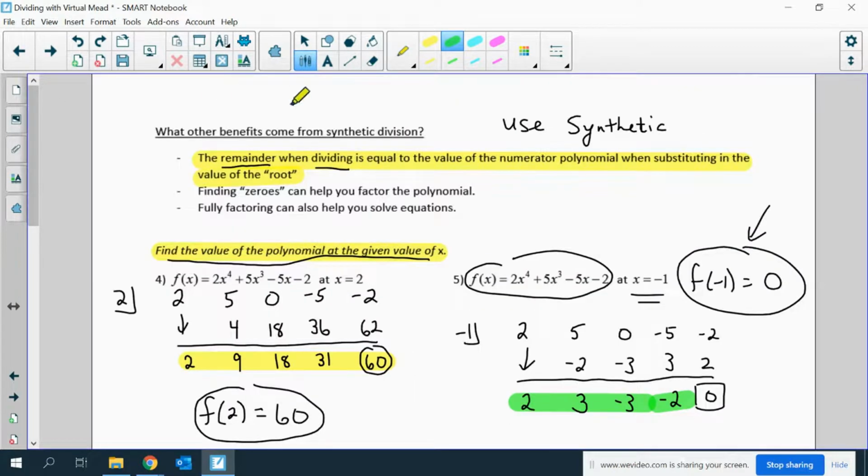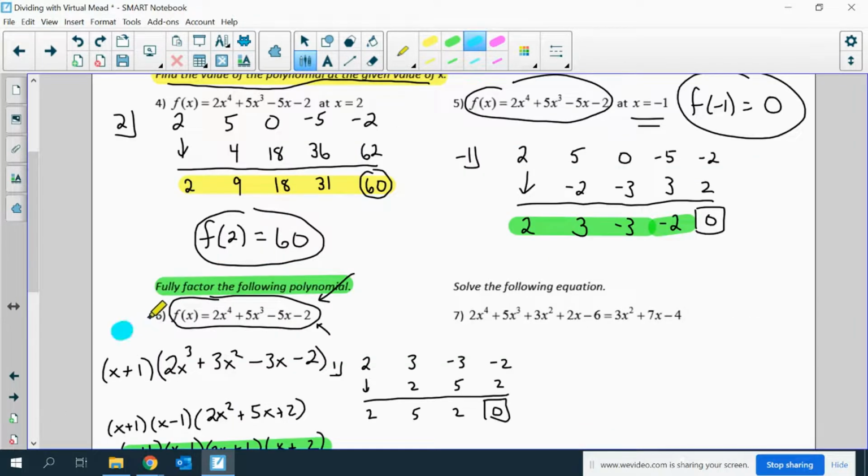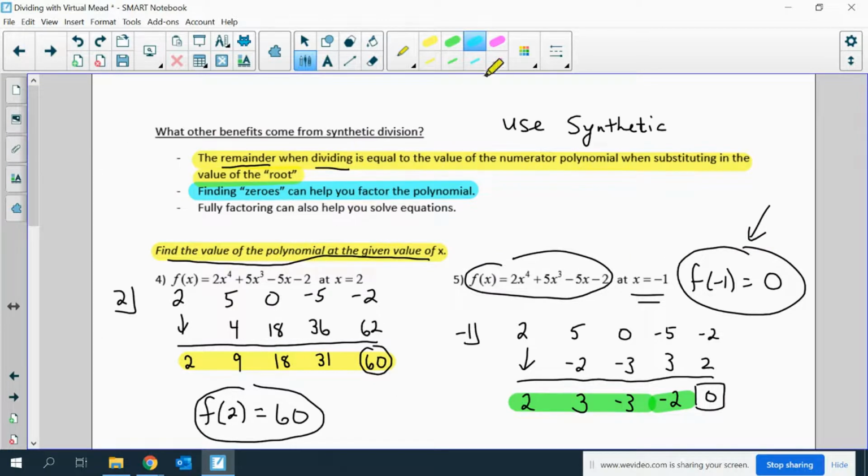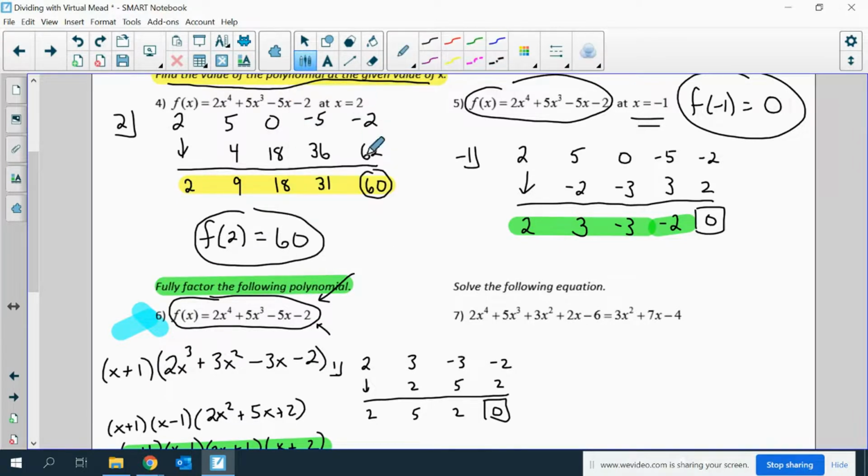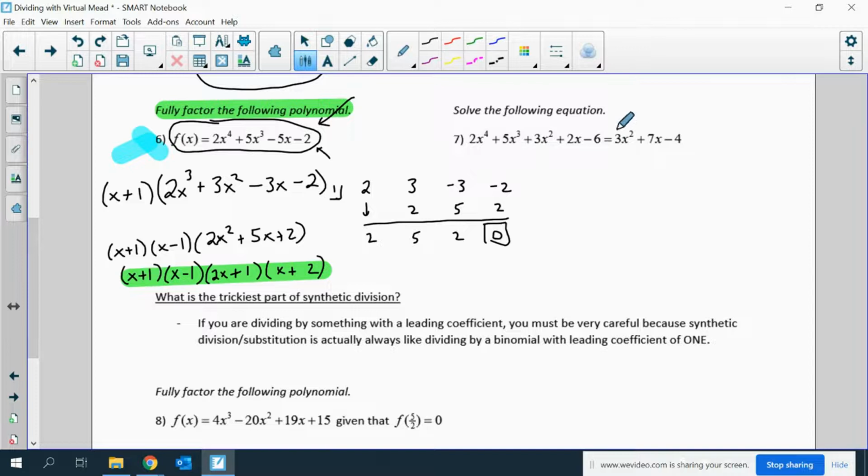Another thing I can do is, so I found zeros that can help me factor the polynomial. So that's what happened here. And then fully factoring can help me solve equations. So if I take a look at this equation and I move everything onto one side, so 2x to the fourth plus 5x cubed, subtract 3x squared from both sides, well, the 3x squareds go away, subtract 7x from both sides, I get minus 5x, and add 4 to both sides, I get minus 2. Oh, hey, look, it's the exact same thing we've been working on the whole time. If I see this, and I've already known that this factors, and I've factored it already,